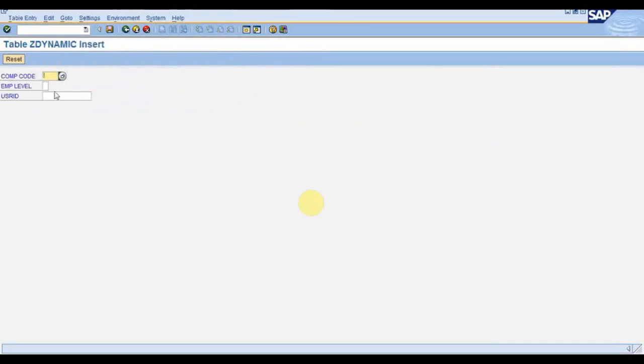We will maintain the table entries again. It will be 9000, level 1, user ID LKDIA.